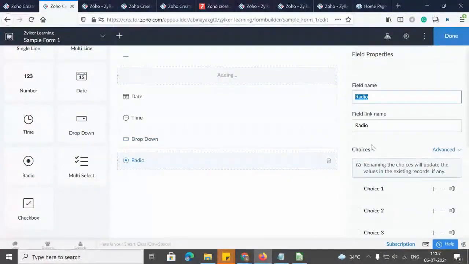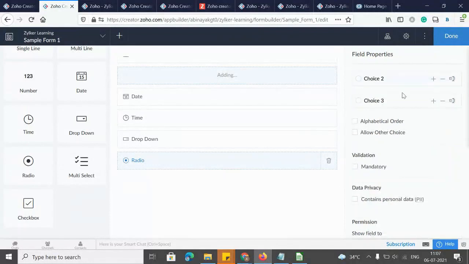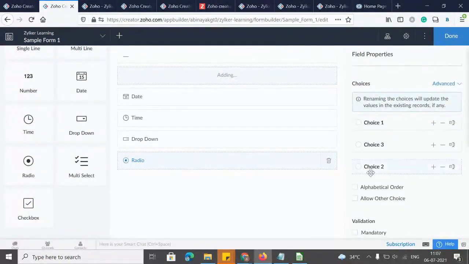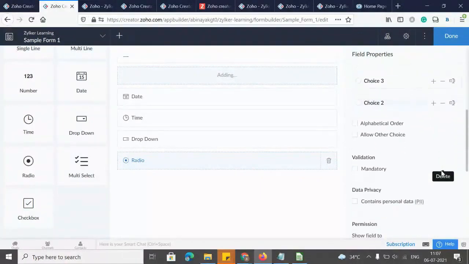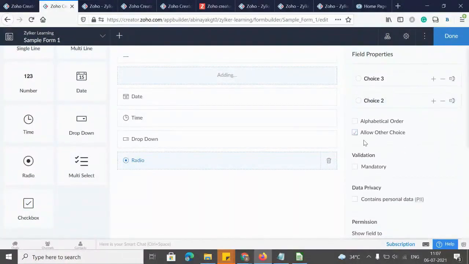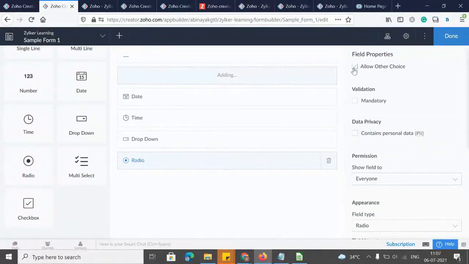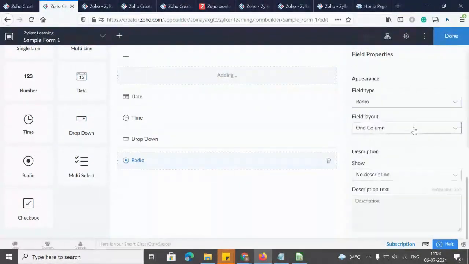And coming to the radio button, similarly, you have all the choices. You can rename the choice. You can change it to change your order, and you can delete the values wherever needed, and you can add other choices when needed,